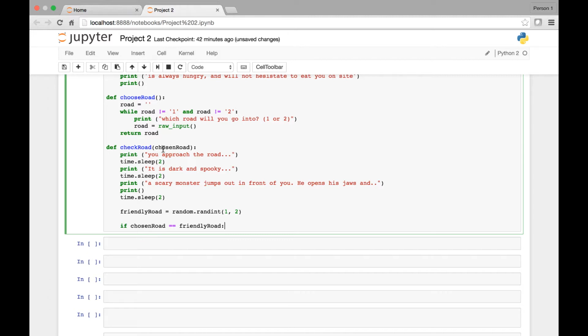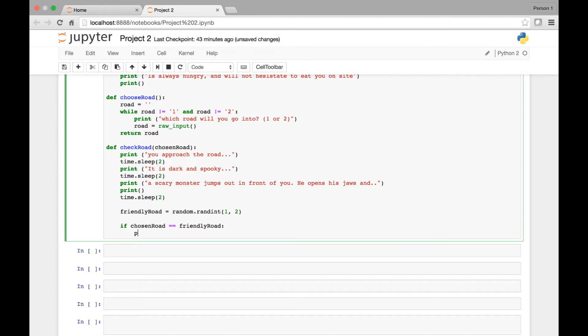Whatever we choose, if that's equal to the road randomly chosen by the system, I'll say print